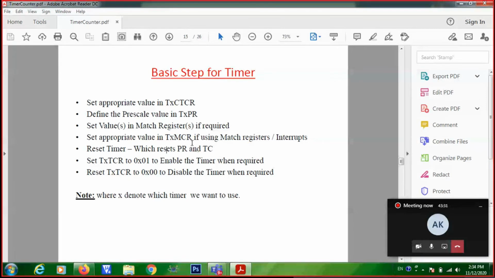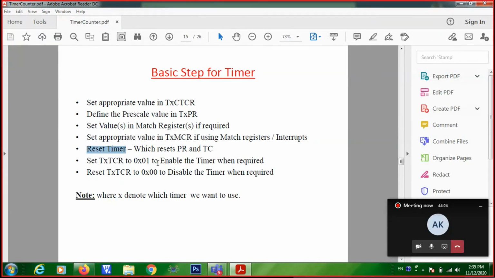Next step: you are initializing the timer to 0, or resetting the timer to 0. How will you reset the timer? Using the timer control register. In that, when you are setting a bit, the timer will be reset.